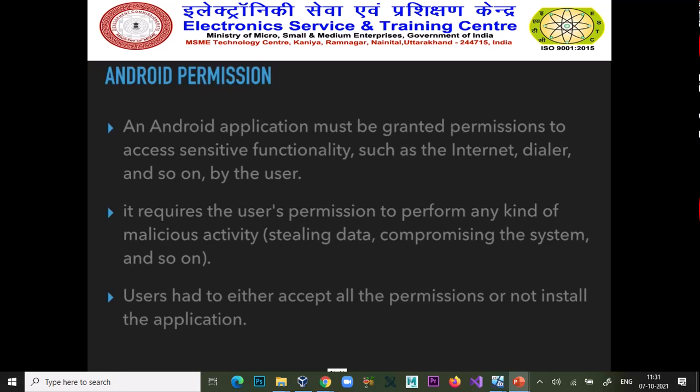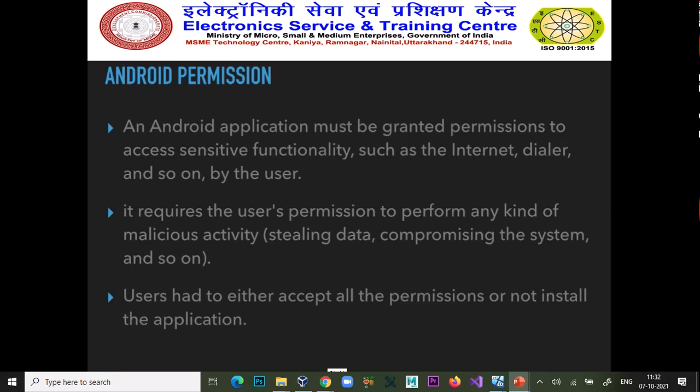Suppose there is a scenario in which you are looking for an app called scientific calculator, and after installing that scientific calculator, it demands camera permission, call log permission, and contact permission. This is the alarming sign.